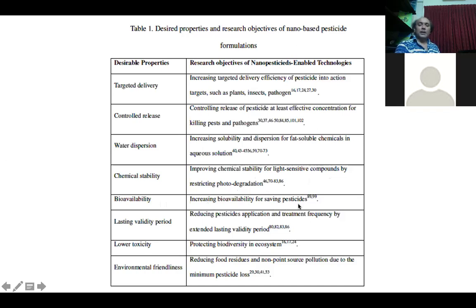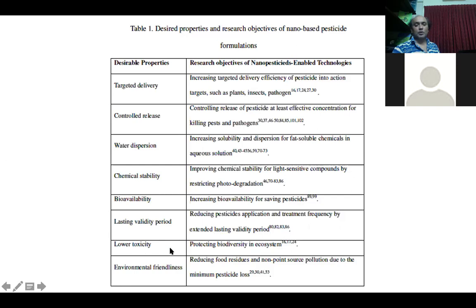If bioavailability is increased, then you can use a very small amount of pesticide for a larger area, because the droplet sizes are nano size. So a large amount of pesticide can be saved. Lasting validity: reducing pesticide application and treatment frequency by an extended lasting validity period. If you use the slow release technology, then over a longer time the active ingredient slowly releases and protects the plants from